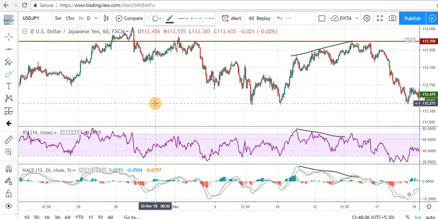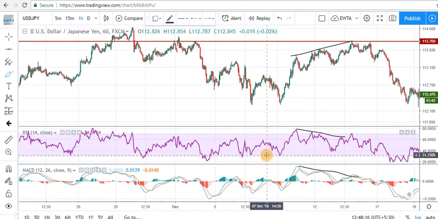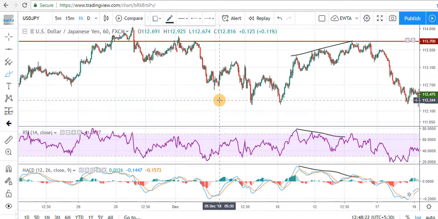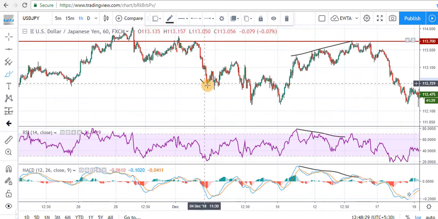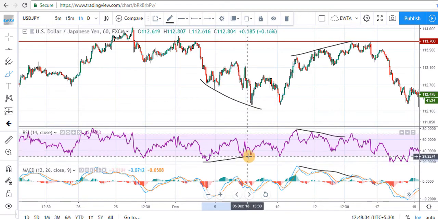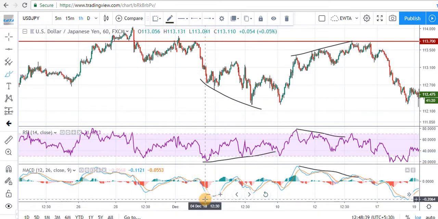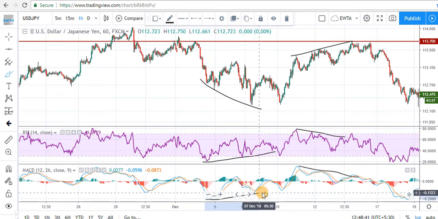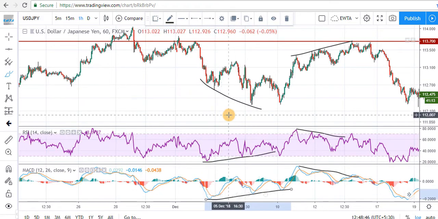And a bullish divergence forms on the chart when prices make lower lows but the indicator makes higher lows. Lows means troughs, so when we find a bullish divergence, we always look at the troughs of the price and the indicators. See, these troughs are going in a downward direction, but the troughs of RSI are going in an upward direction. Also, the troughs or lows of MACD are going in an upward direction, so this is called the bullish divergence.